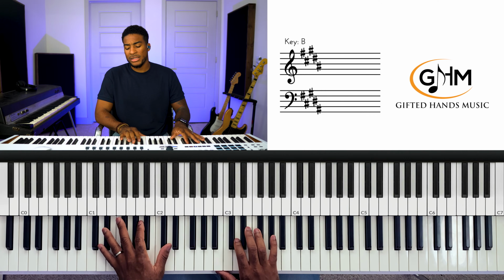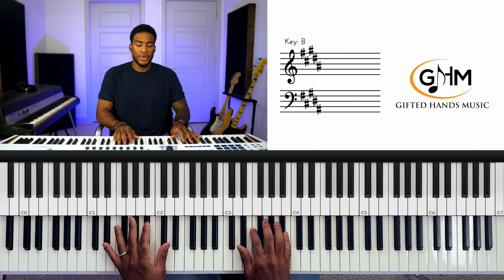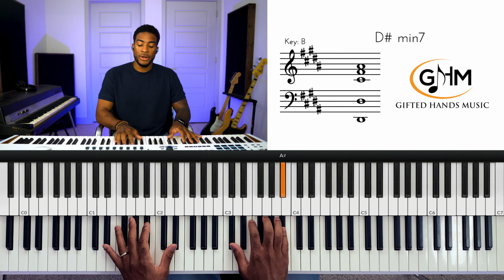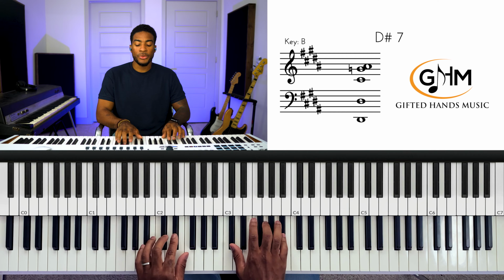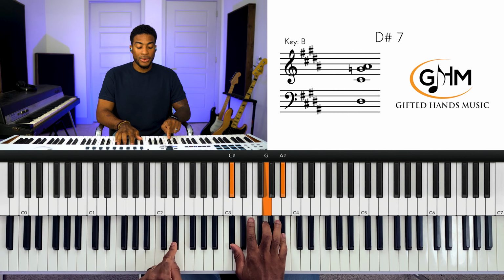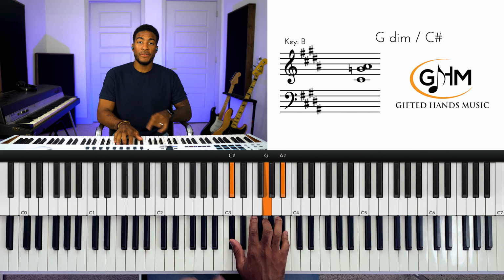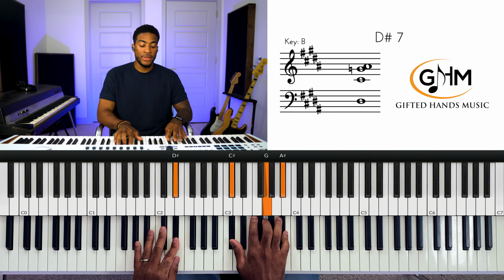All right, and pretty much that progression follows the diatonic chords, except for the 3. The 3 diatonically is supposed to be minor, but we're going to make the 3 dominant in this progression because when we play the 3 as a dominant, in this case D sharp 7, it wants to resolve to the 6, right? A dominant chord actually wants to resolve down a 5th. So a 5th away,